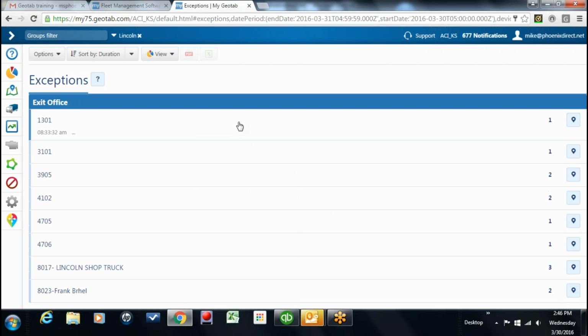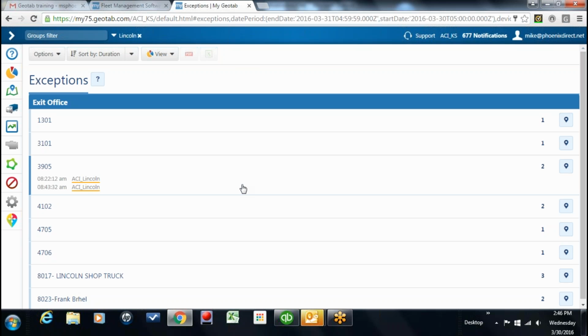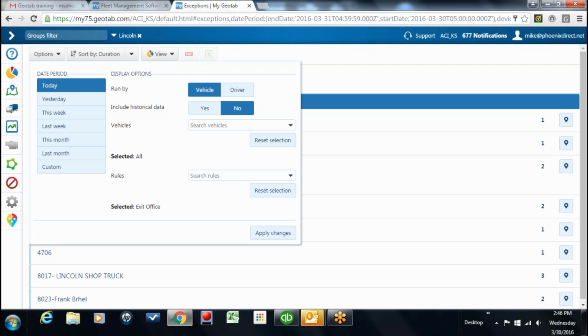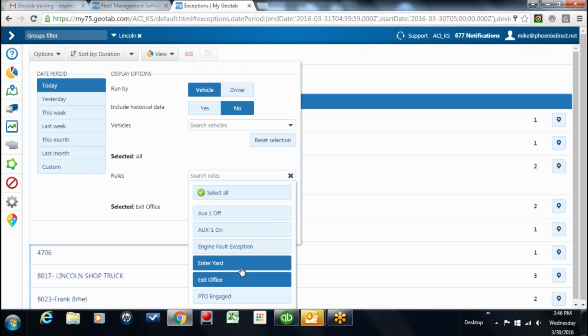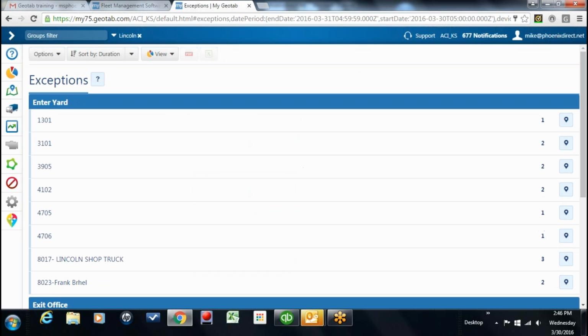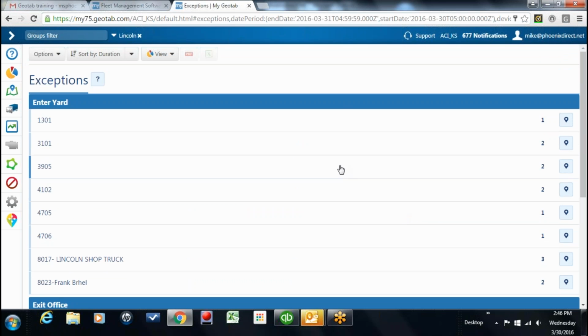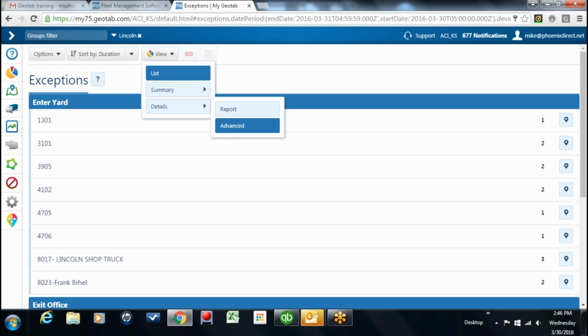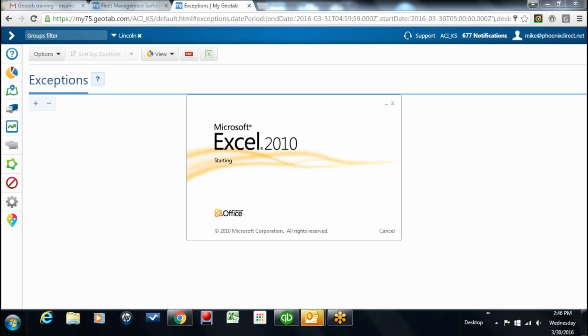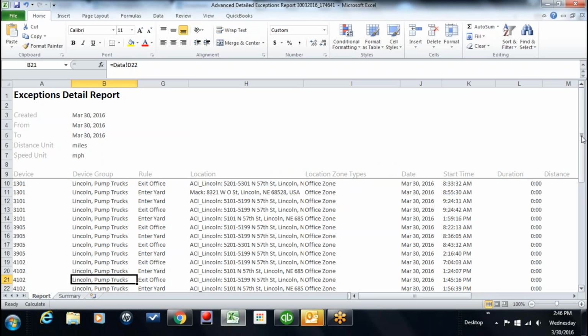And I can pick on any one of these trucks. It shows me the time that exit. If I want to add in the enter, all I have to do is come back over here, grab enter yard, run the report one more time. To put this into a more useful view, all I do is click on my view, go to detail, go to advanced, throw it into Excel,